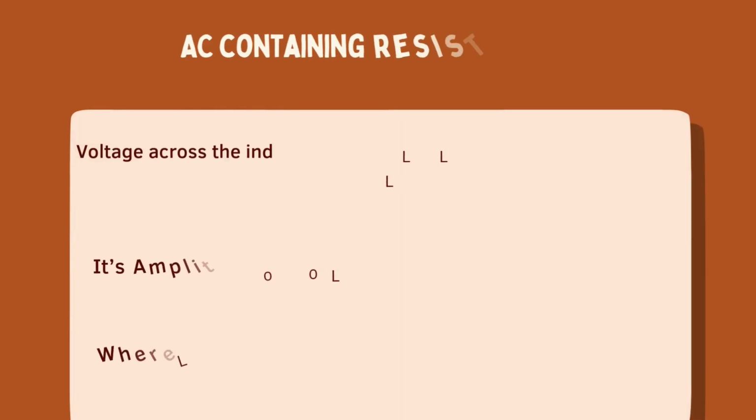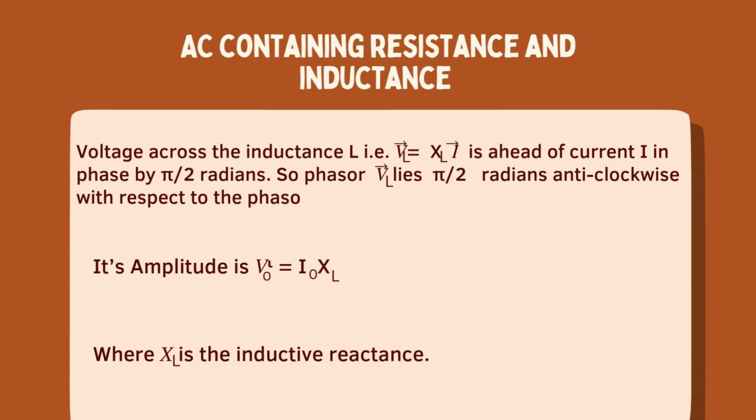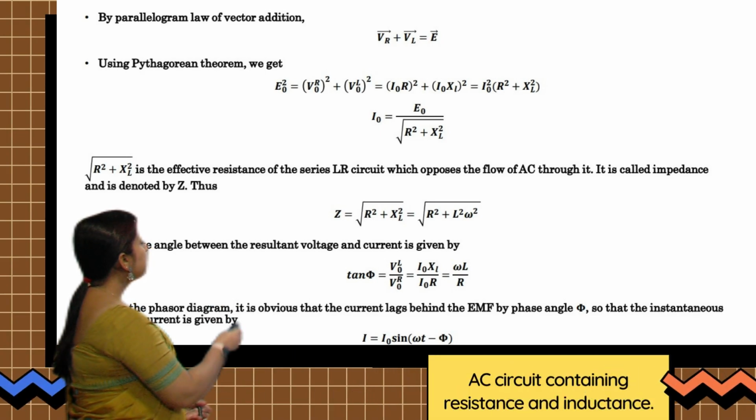The voltage across the inductor L is given by this relation, which is ahead of current in phase by pi by 2 radians. So the phasor for the voltage across the inductor lies pi by 2 radians anti-clockwise with respect to the phasor current I. So this is the amplitude of the voltage across the inductor. So by calculating, we see